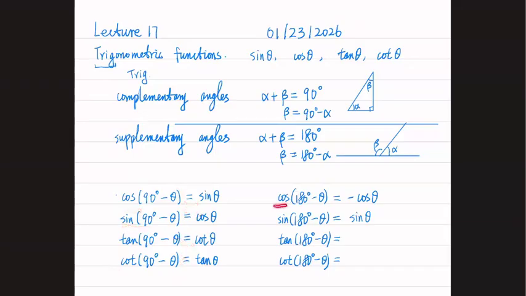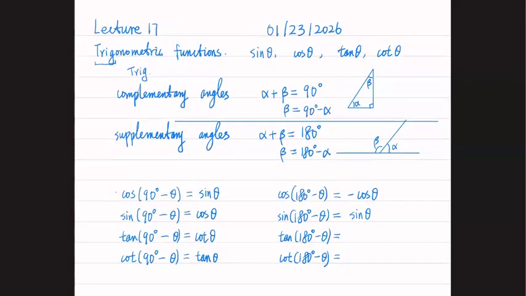But for cosine and sine of supplementary angles, I have a question. Isn't cotangent for the supplementary one supposed to be negative tangent? I'm just curious. Is it? You mean here? Yeah. So let's check. How do we define cotangent? Cotangent equals 1 over tangent. Oh, wait, never mind. Okay. So now this one, tangent will be sine over cosine, have a negative sign over there. So this gives us